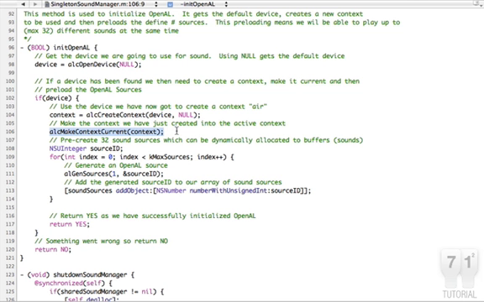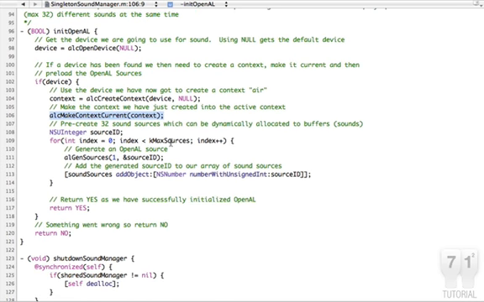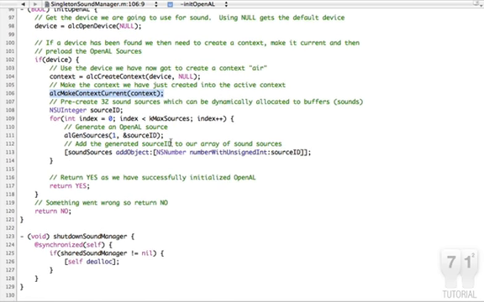So you can imagine that you could, in a game, have different types of context. You may have, I don't know, one context which is going to be normal and above ground. You may have another context which is underwater, where you're going to add water effects to your sound, something like that, I suppose. Then what we want to do is we want to generate a bunch of sound sources, okay,